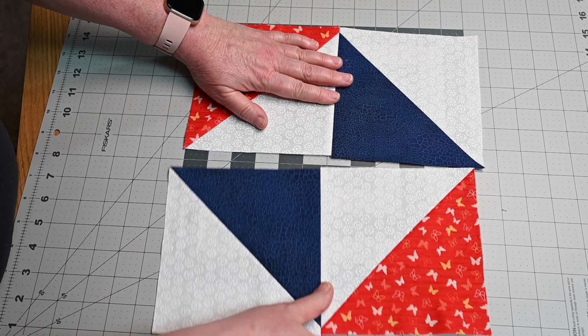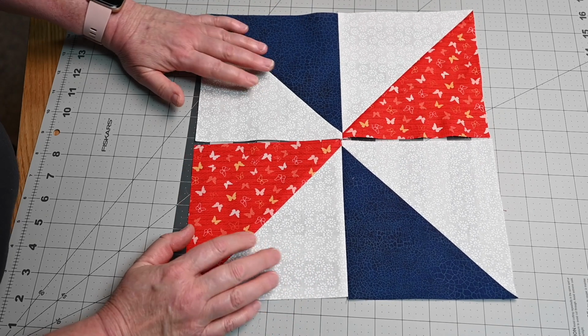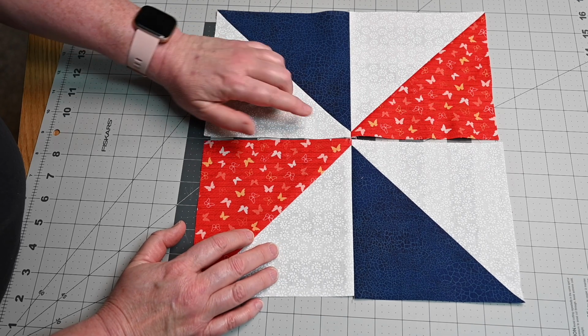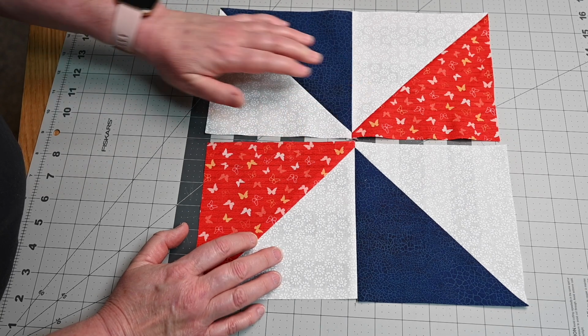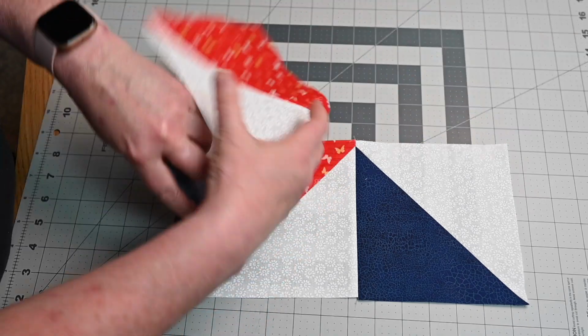We're making a pinwheel, and so we're going to now just switch, and then there is our design. So here's what we're going to do. We're going to start with the center seam, and notice that you've got this little bit of extra here and this little bit of extra there. That is your seam allowance. And so when we turn these right sides together,